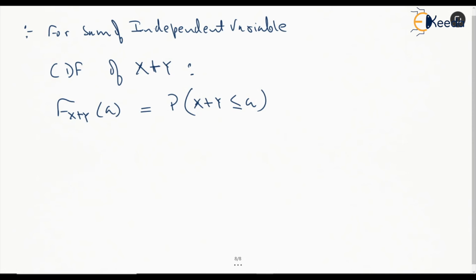It will cover all possible values up to which this sum is less than or equal to a. So this can be given in terms of a double integration of f_X and